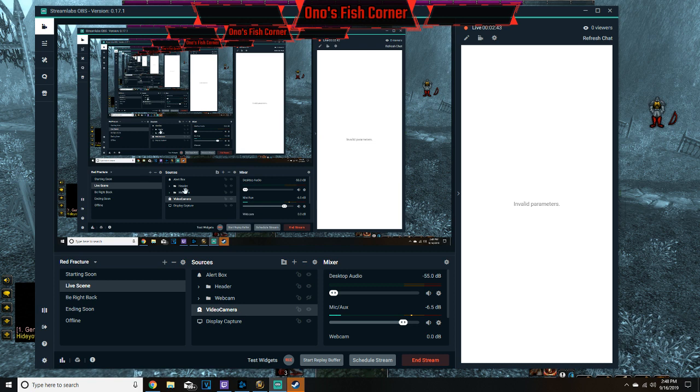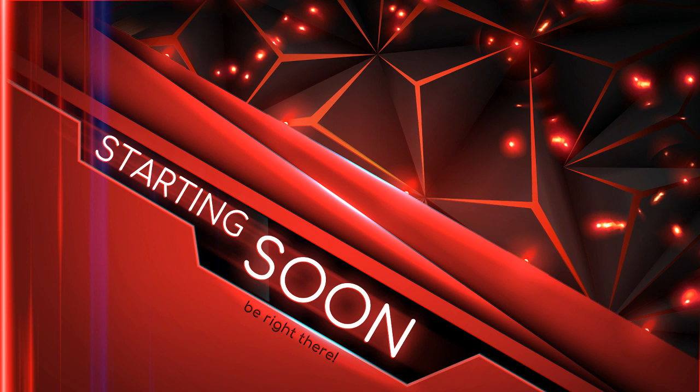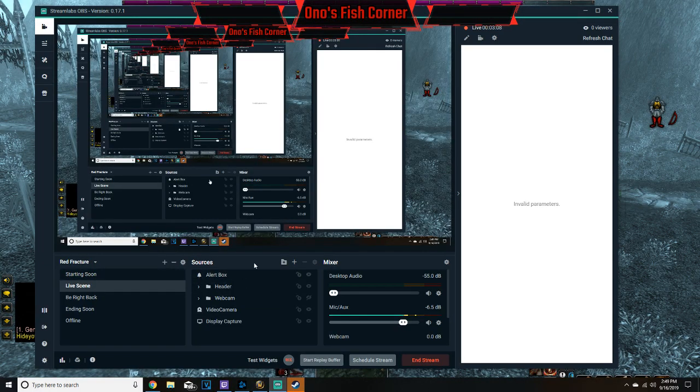So you see where the display capture is, right? Like to show your game, right? Whenever you go into your live scene, I have like a starting soon, and then all I got to do is click on the live scene, and it'll display everything that I want seen by the people viewing. But you have to make sure that your display capture is on bottom of everything that you want shown on your